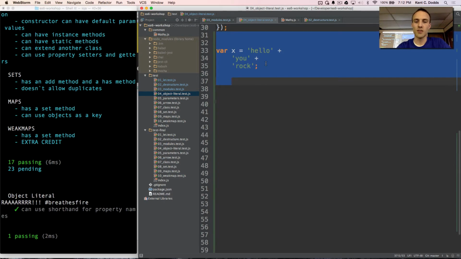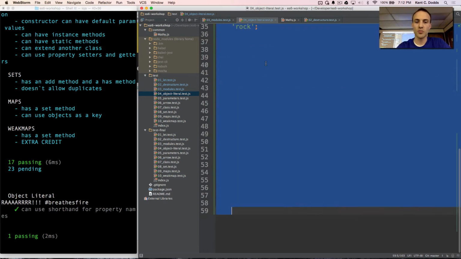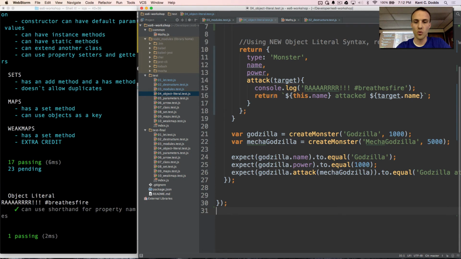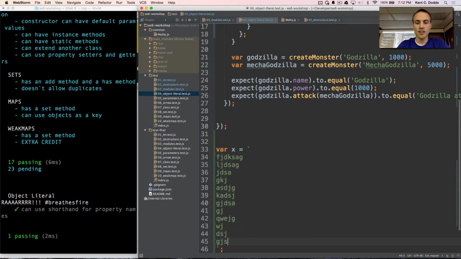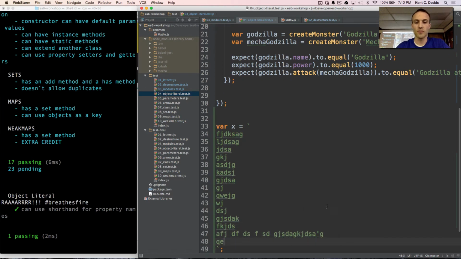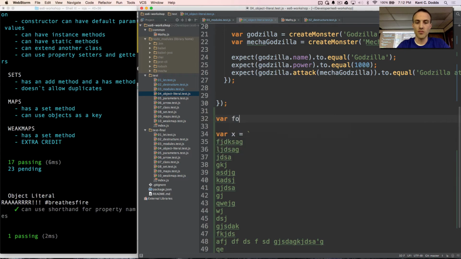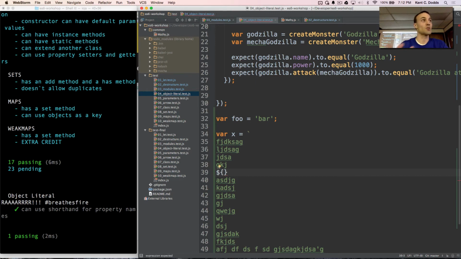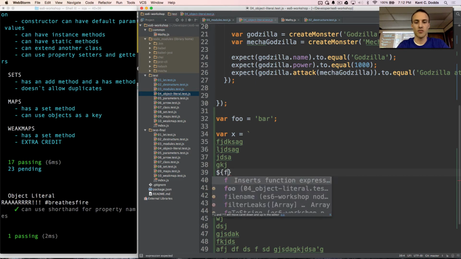So with ES6, you have template strings, and template strings are so cool. Not only can you do multi-line strings, so we could say var x equals this template string, and I can say whatever, I don't care how many lines, and spaces and everything. But you can also say var foo equals, and then in here, anywhere I want, say, okay, now I'm in JavaScript, and I'll say foo.